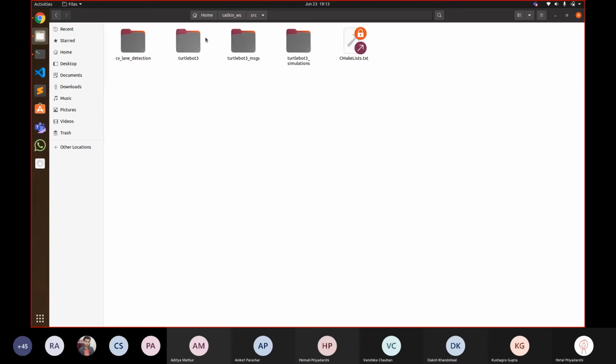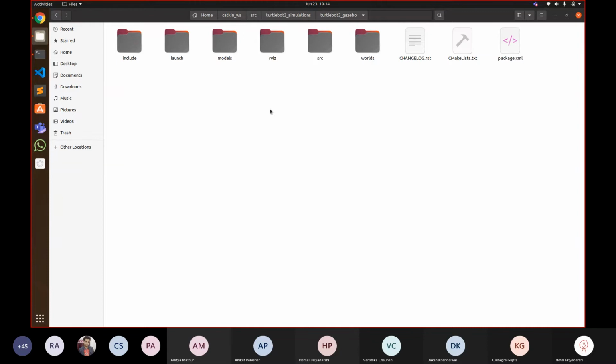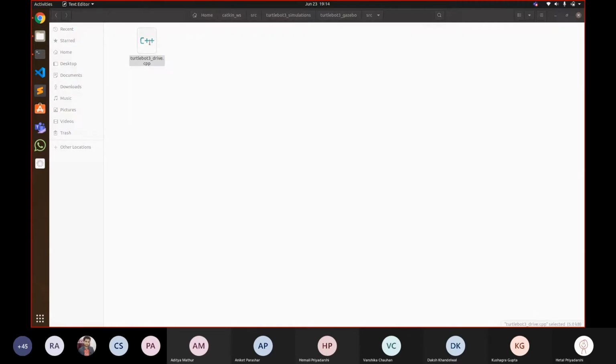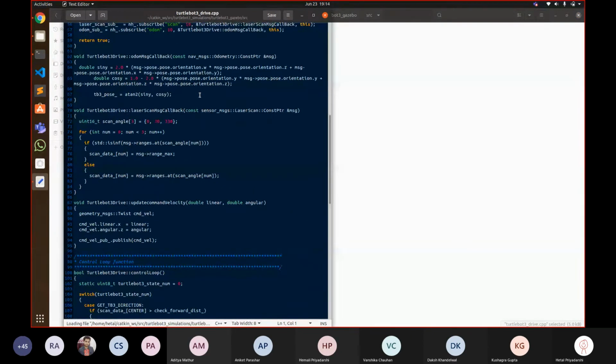Inside every package, let's suppose TurtleBot simulation, we come into this meta package. Sorry, these are the package levels. This is the meta package level. So in this TurtleBot 3 Gazebo world package, this package will have the source folder, and this code is for a ROS node.